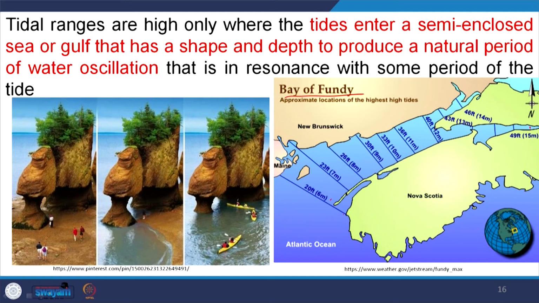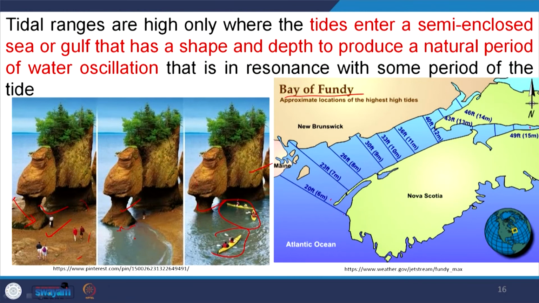If you see these three consecutive photographs, at one time in a day you will find this is a totally dry region and the water level is here. And during tide, you see the water level increasing, from here to here. Similarly, in another photograph, you see people enjoying with boats. This is a particular place in Canada where the sea level increases and decreases by 16 meters in a day. That is about a 3-story building, so water rises and falls up to that level.